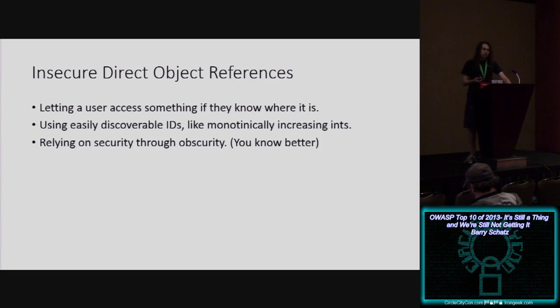Easily discoverable IDs like monotonically increasing ints are a common problem. If you're, say, using GUIDs, proper GUIDs, not sequential GUIDs, and don't get me started on sequential GUIDs, GUIDs will protect you, because then the user has to know exactly which grain of sand in the universe to find. And you're not going to run through the whole GUID space on your website. Doesn't matter how many records you have. This is a form of security through obscurity, which roundly everyone knows does not work.